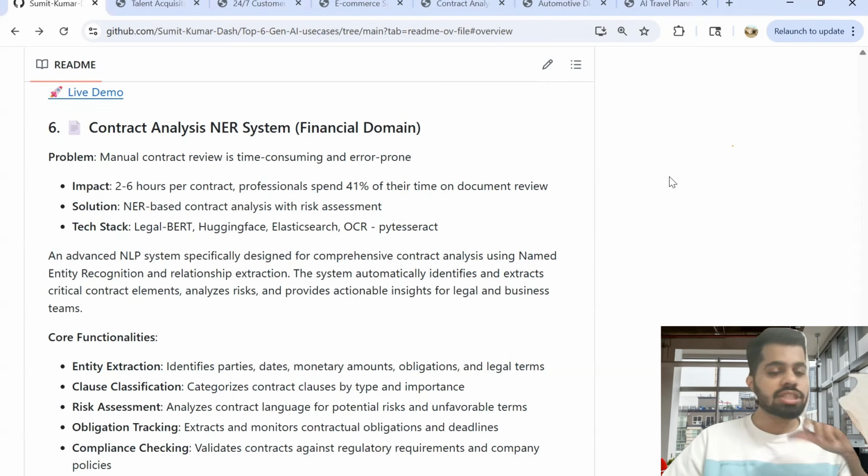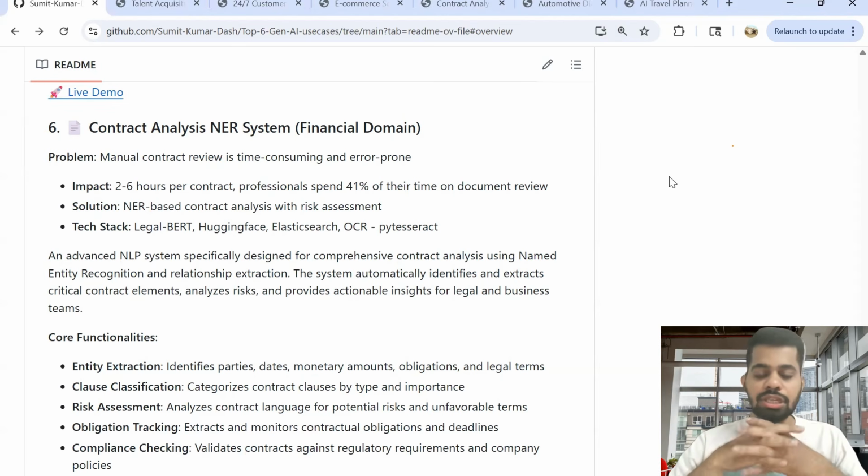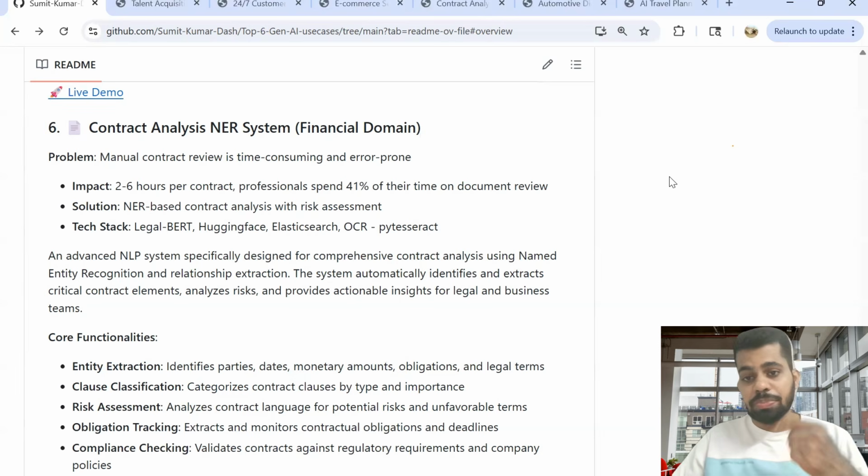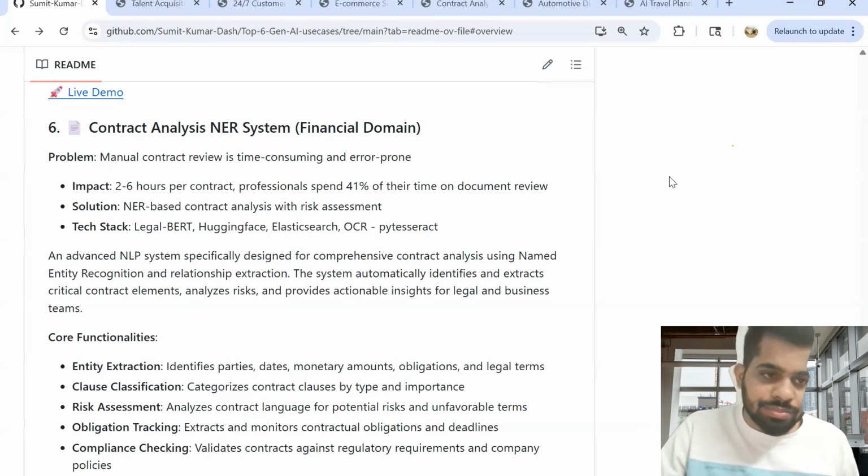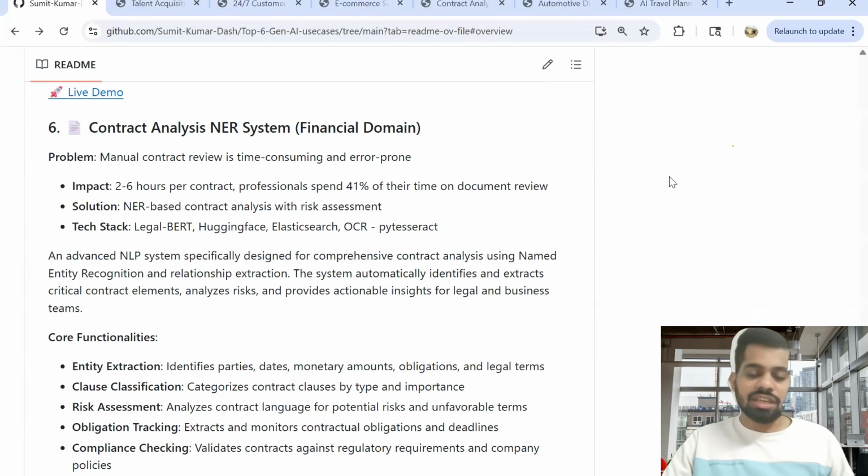Here you can use OCR, because sometimes you try to collect both image and PDF based input, so that you have expansion to both image kind of inputs as well as text kind of inputs. In open source OCR you can use PyTesseract, and specific financial or legal related models like Legal-BERT kind of things you can use. And for sure you can use Elasticsearch or a similar database to store your data. So here you can start by first extracting the entities,